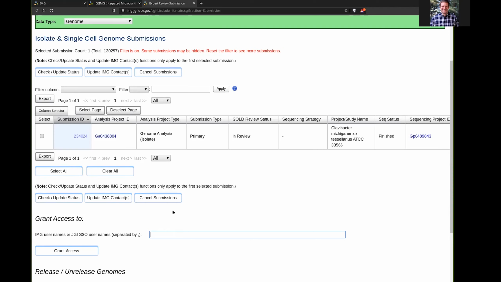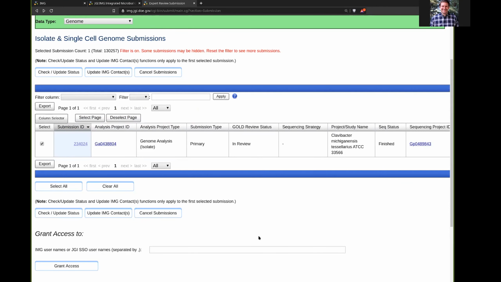Then I first select the data set I want to share with him. And afterwards, just type his username